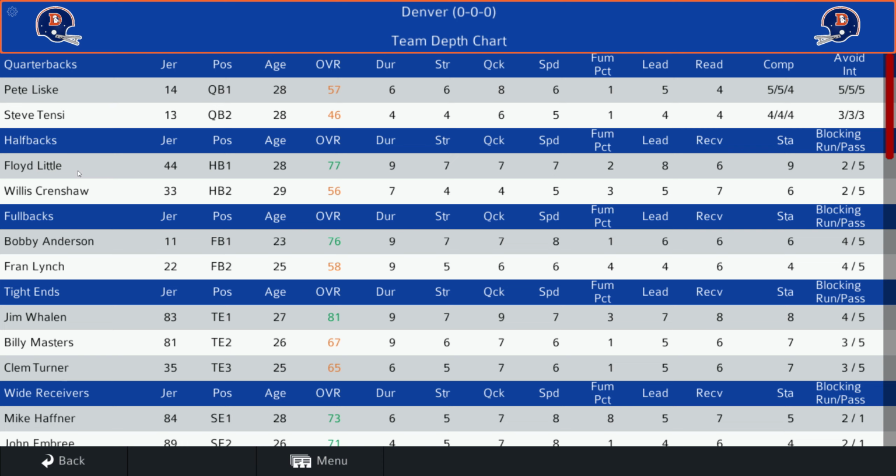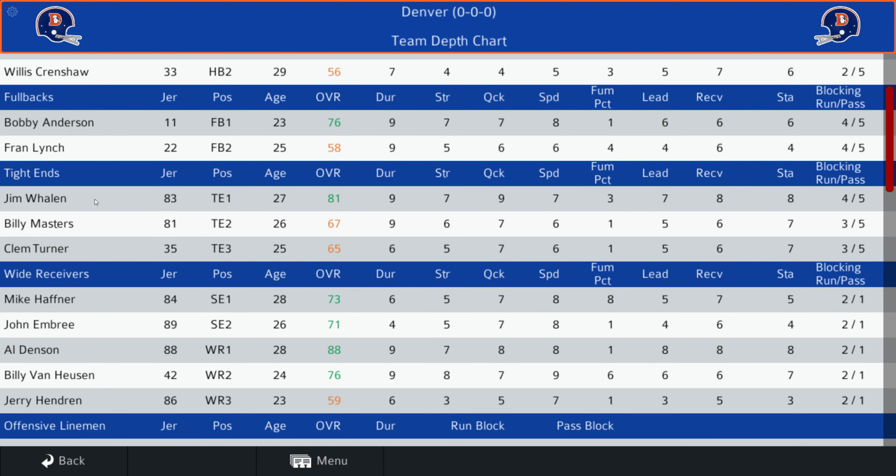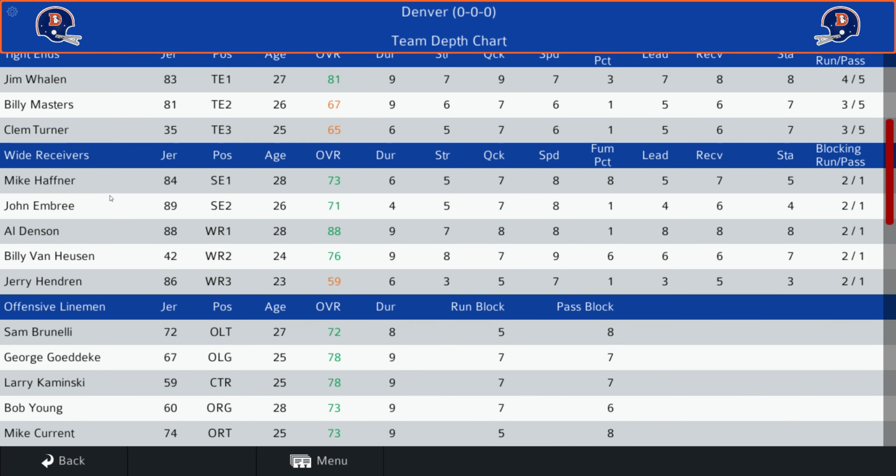Floyd Little is your halfback, the great Floyd Little. And who knows where this Denver offense would be without Floyd Little. Bobby Anderson is your starting fullback. Whalen is your starting tight end. And then the wide receiving corps,